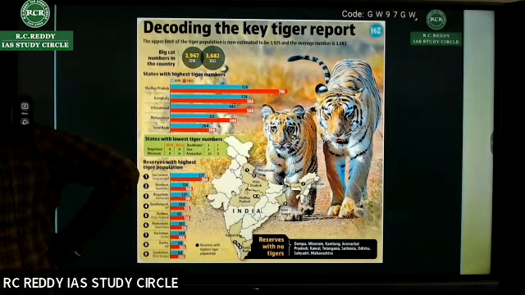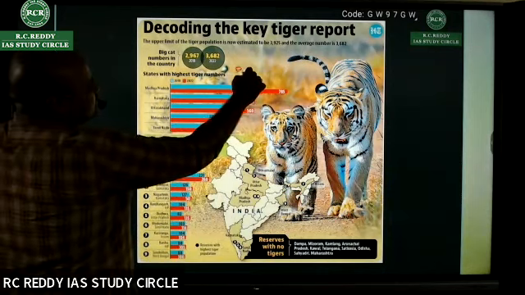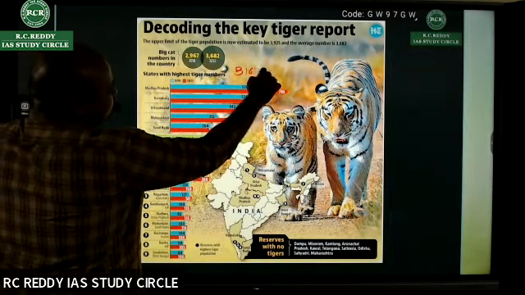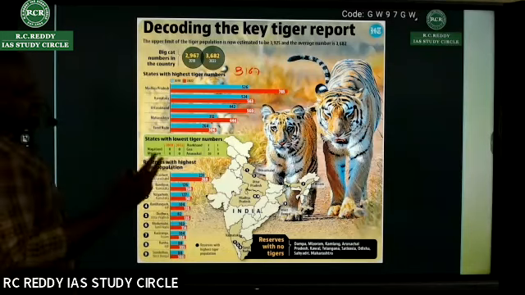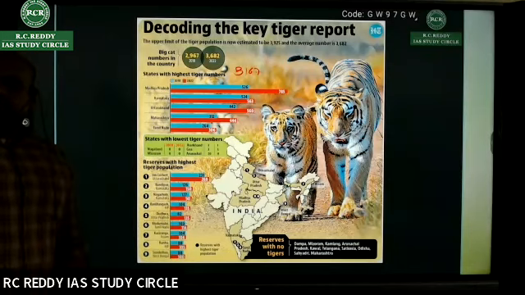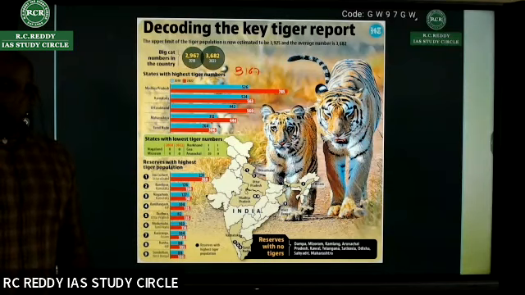Wildlife Institute of India, along with NTCA, conducts this. When you look at this, we see the tiger population now is around 3167 after 4 years. Now, whenever you come across tiger populations, you'll have two: one is the actual figure, the other one is the anticipated figure. Right? Because you can't